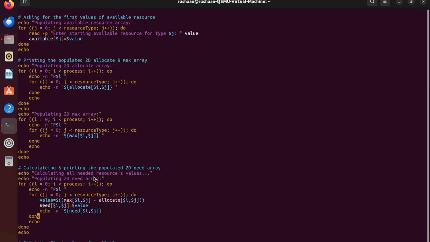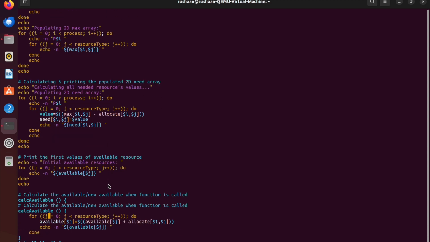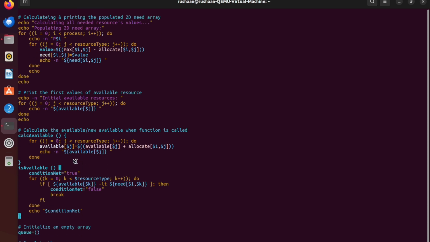After that I'm calculating and printing the values for the need array using this formula, which is max value minus allocation value, and that is then plotted in the need array, and it's printed at the same time. After that I'm printing the initial available resources that the user has provided, obviously, and then I've made two functions here,